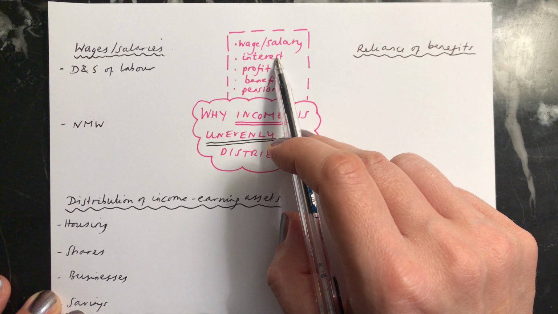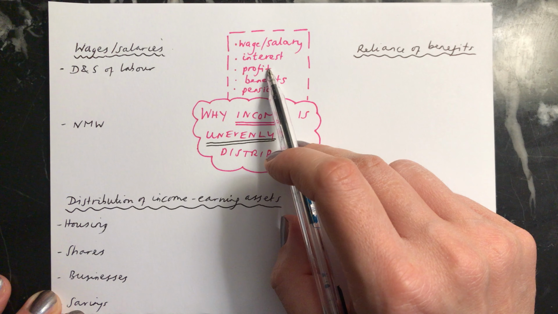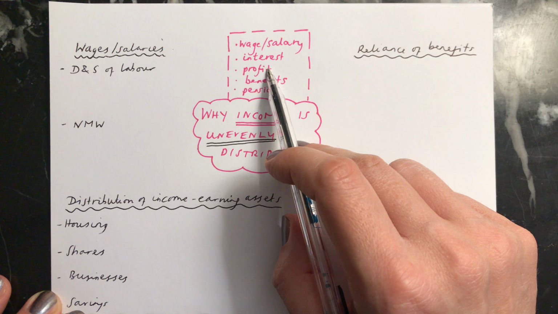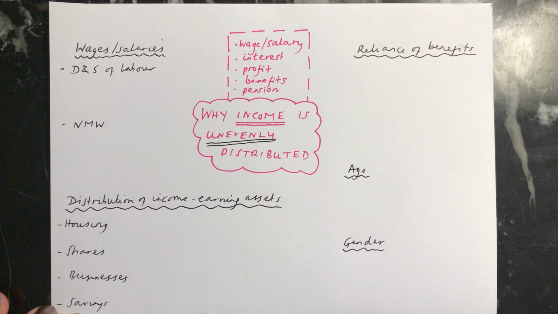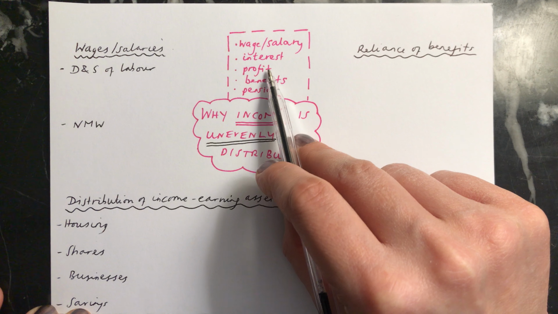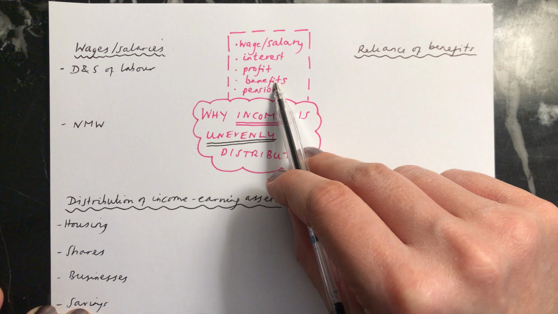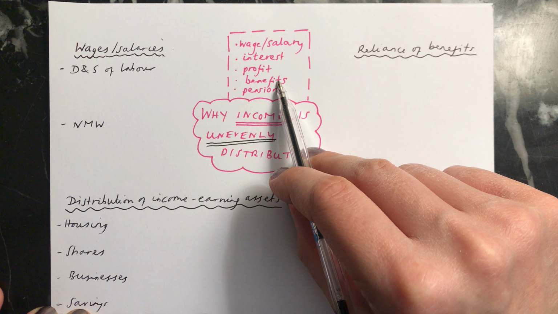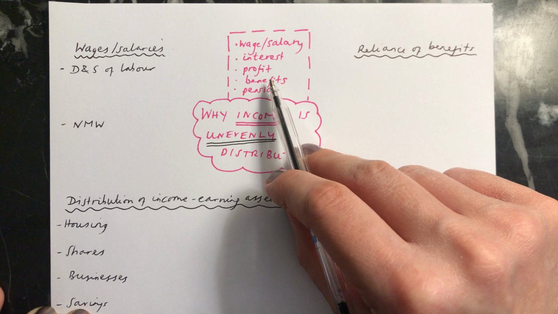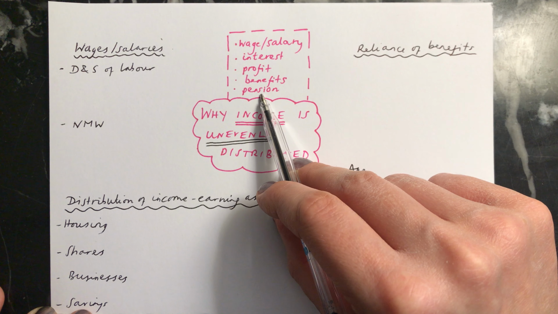It's the interest that you receive on savings in a bank account. It's the profit that you receive from a business, if you own a business, or if you're a shareholder, it might also be counted as the dividends that you receive from that business, which are a share of profits. It can also be benefits that you receive. So in the UK, if you're receiving child benefit or universal benefit and any other benefits from the government, and also it can be the pension that you receive.